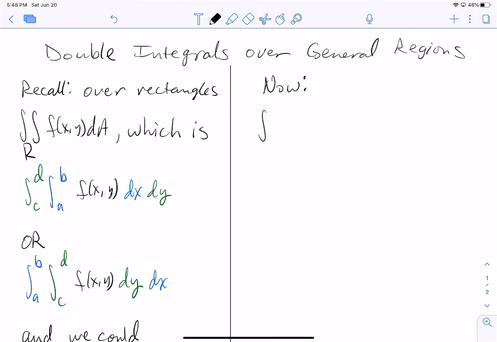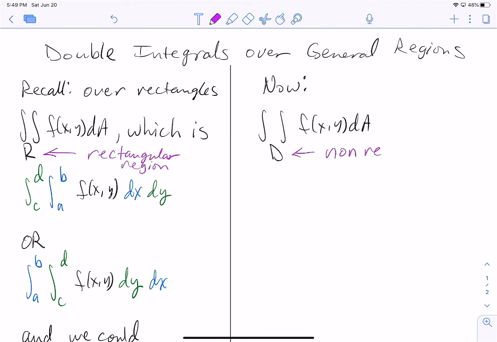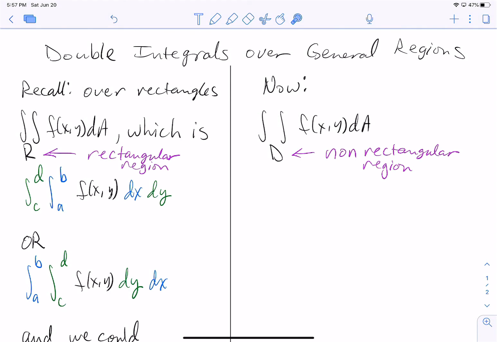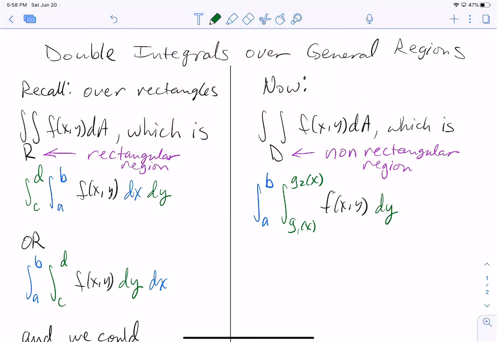We're going to be looking at the double integral over a region D of f of x, y, dA. Notationally, R represents a rectangular region. D represents a non-rectangular region. Now, just so I can have parallel language here, we had the double integral over R of f of x, y, dA, which is blah, blah, blah. Now we have the double integral over D of f of x, y, dA, which is either the integral from a to b of the integral from g1 of x to g2 of x of f of x, y, dy, dx,